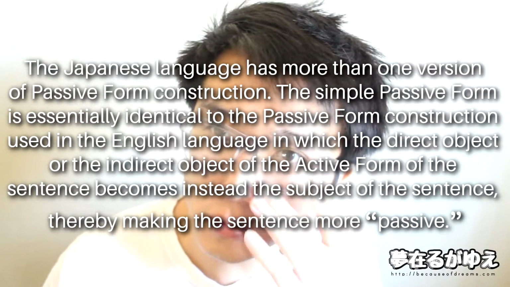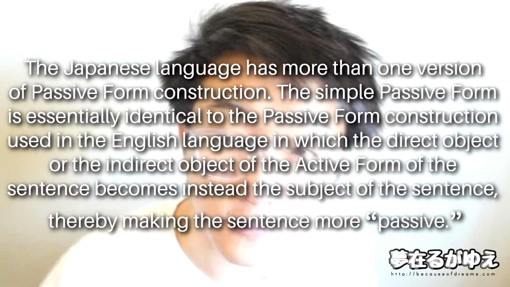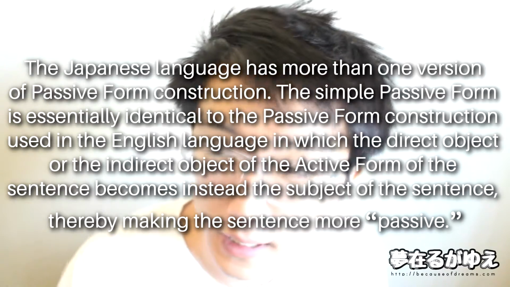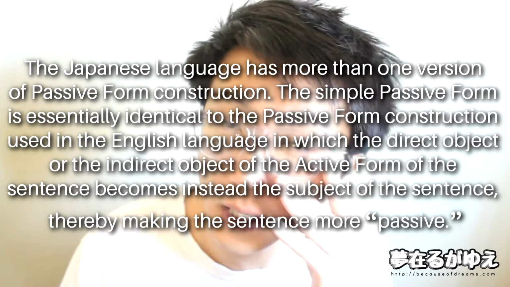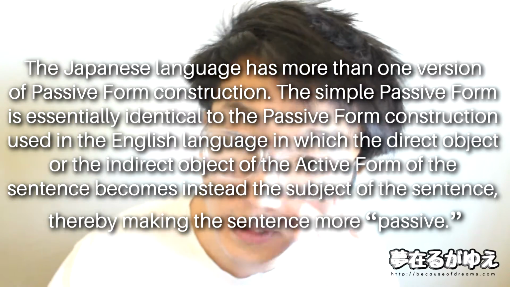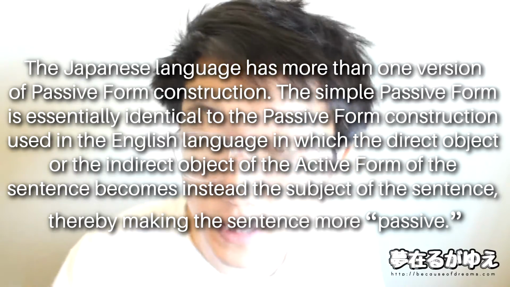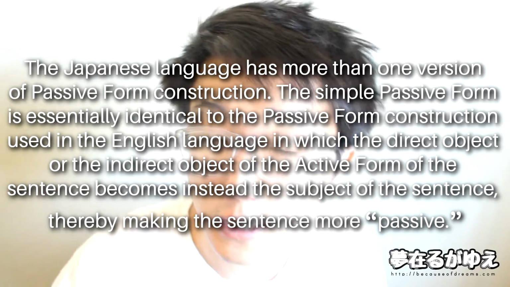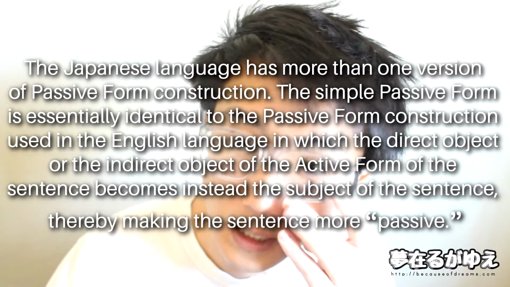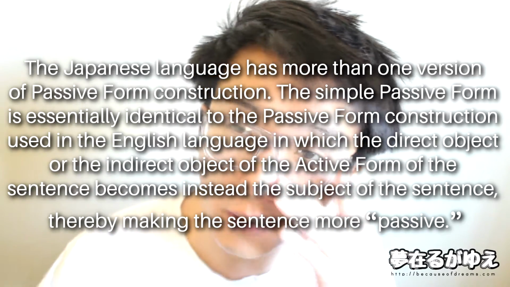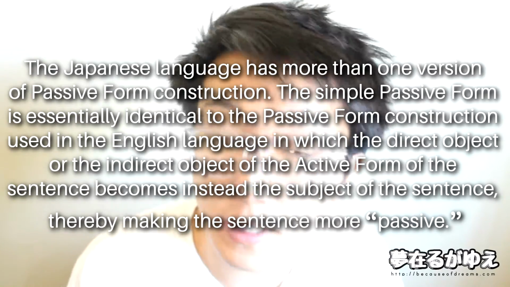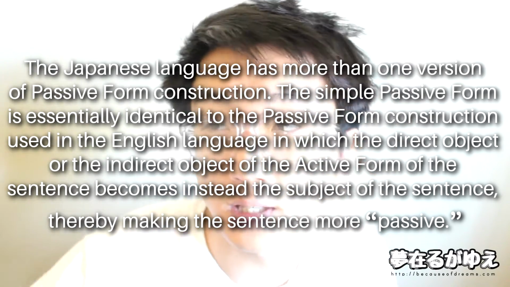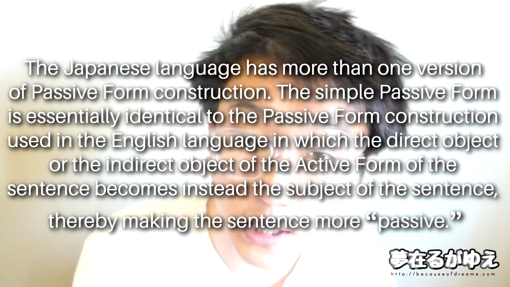Compared to the basic usage of the passive form in English, in Japanese it is a bit more complicated in that it splits into two different kinds of passive forms. In this lesson we are going to cover the first one, which is the simpler one and the one that is more similar to the English passive form. We're just going to call this version the simple passive form,